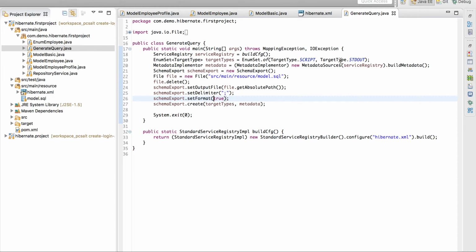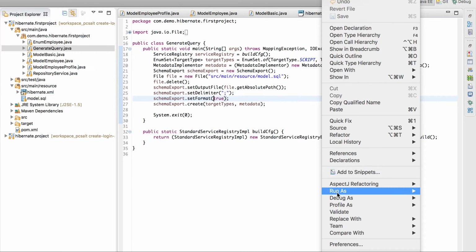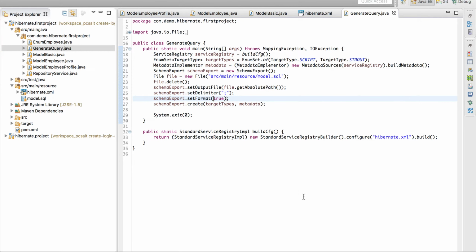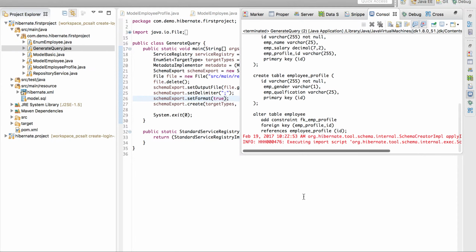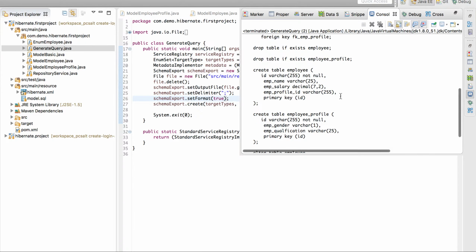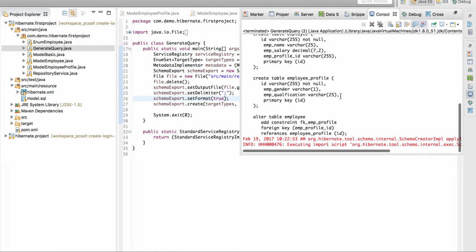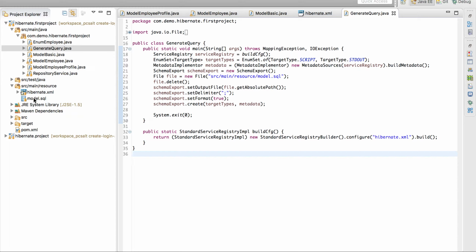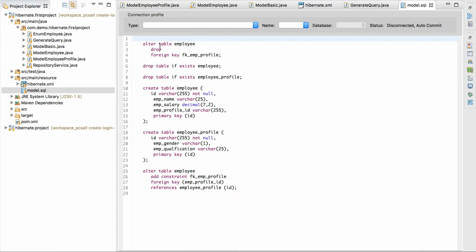Now I'm going to again run this. No, it looks fine. There is a foreign key, employee profile ID, add constraint fk employee profile, references employee profile, and now I'm going to copy this